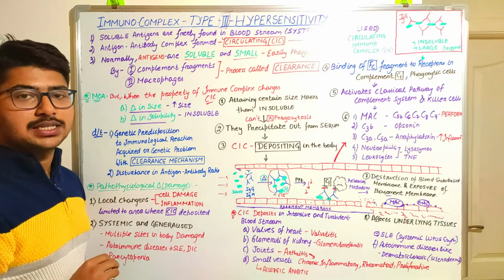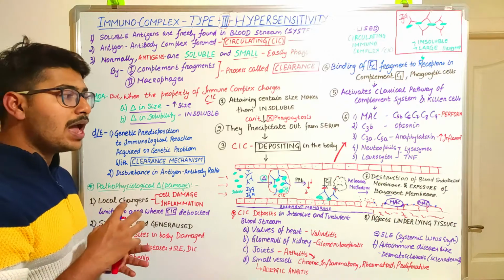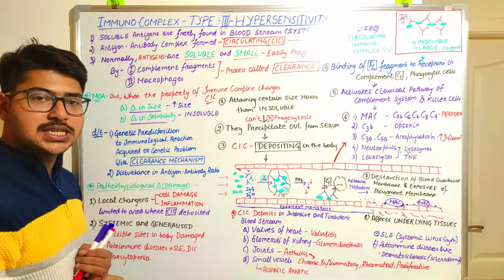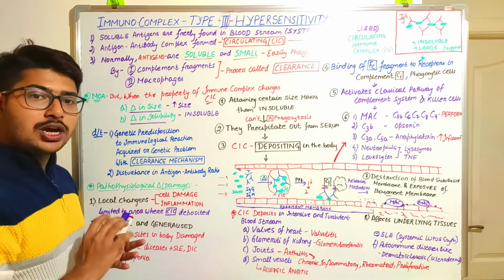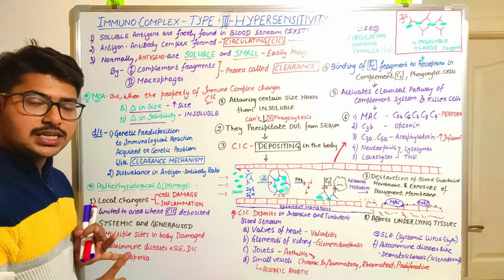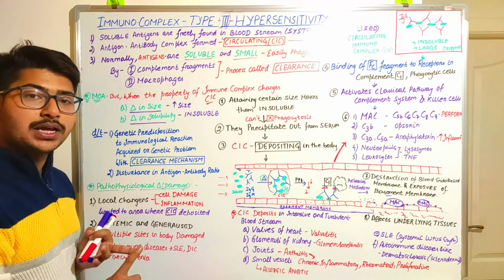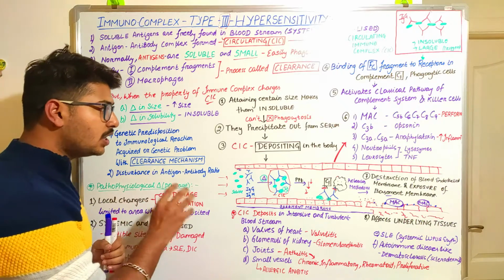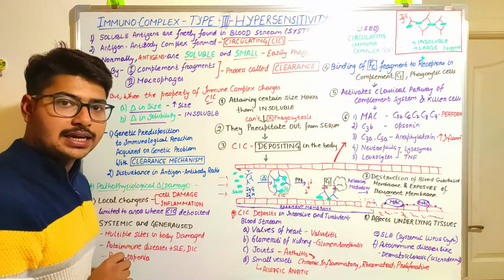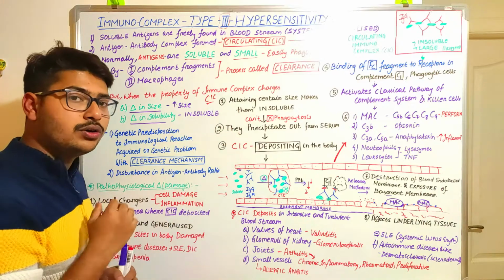So this is the cause and this is the change in property that we see in type 3 hypersensitivity reaction. Now I am going to describe the actual mechanism through which this type 3 hypersensitivity reaction occurs. It occurs in three stages: first, the immunoreaction; second, pathochemical changes; and third, pathophysiological changes. First comes the immunological reactions. I am going to describe the whole mechanism through this diagram, so concentrate on this diagram and see the points that I am going to describe.